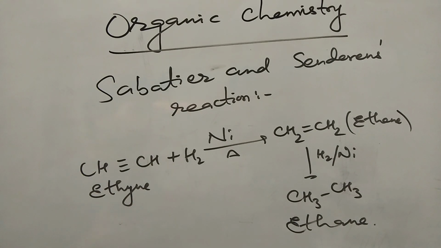Hydrogenation means addition of hydrogen. Catalytic hydrogenation means the addition of hydrogen is carried out in presence of a catalyst. Generally the catalysts used in hydrogenation are nickel, palladium, platinum. You can remember with a trick, nikah padhe pandit. But if you carry out the reaction with nickel, it is called the Sabatier and Senderens reaction. With nickel, the reaction is carried out at high temperature, but with palladium and platinum, the reaction occurs at room temperature. So this reaction is called the Sabatier and Senderens reaction. It is an example of an addition reaction.